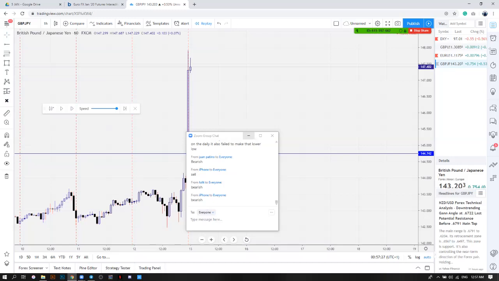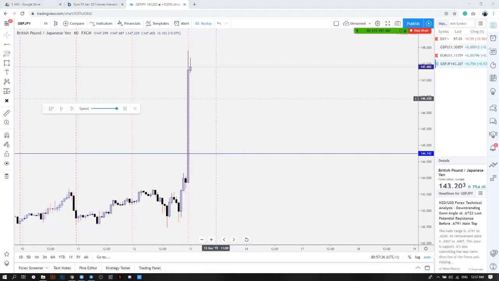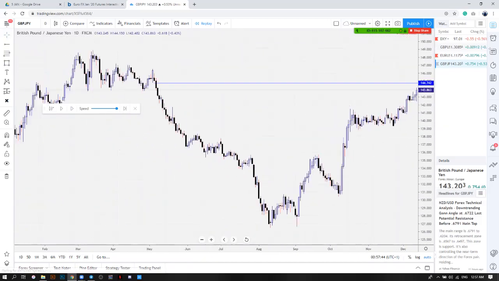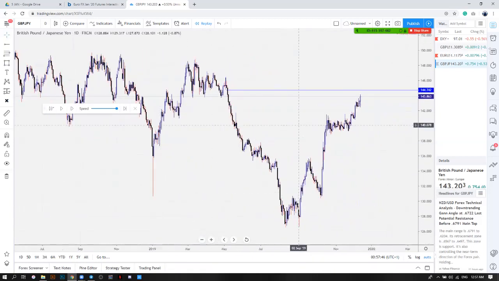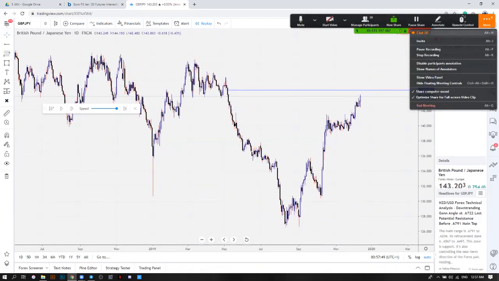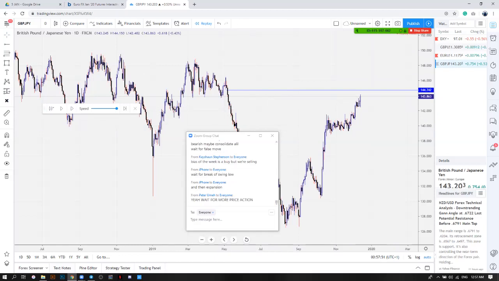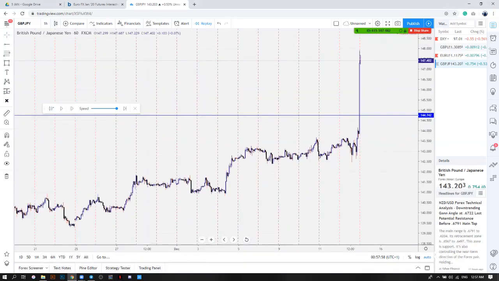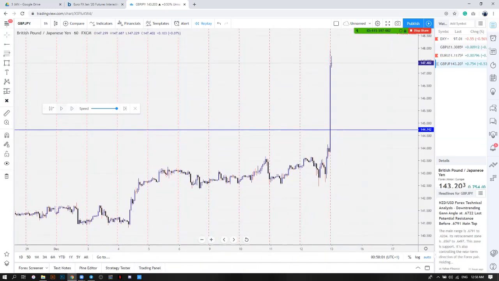Aren't you meant to wait for price action? Lots of you guys are saying bearish because you already know what price did. But shouldn't you wait for more price action? Go on daily chart first. Okay? This is a daily time frame. Wait for break of swing low, then expansion. Yeah, wait for more price action. Correct. So we wait for more price action. Okay, we're gonna wait. Let's see.